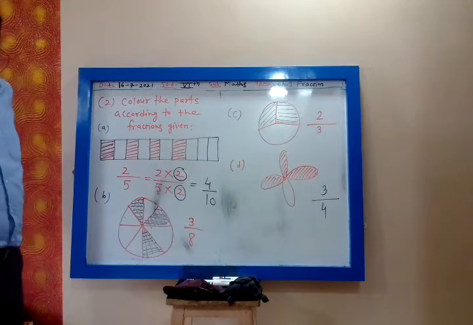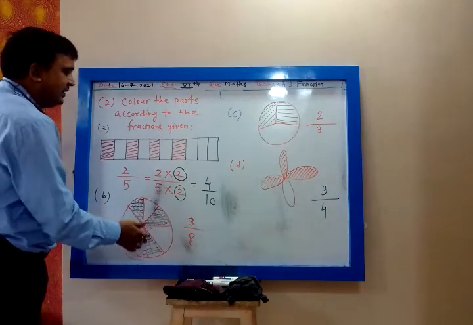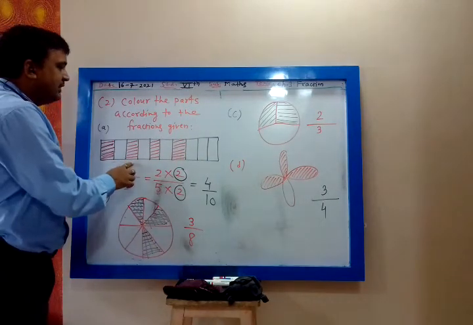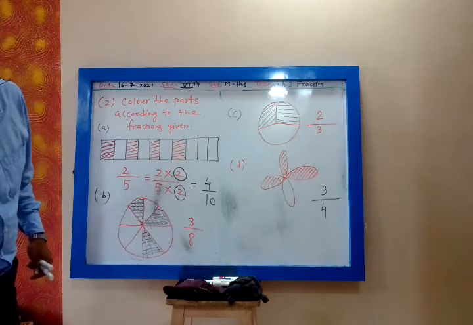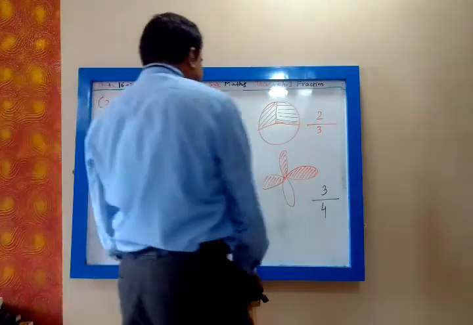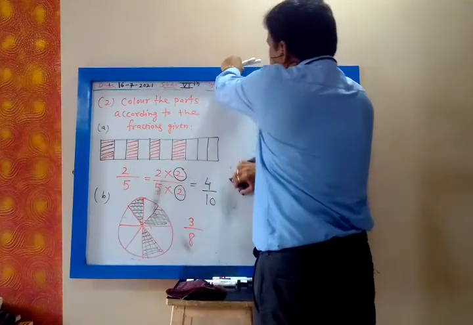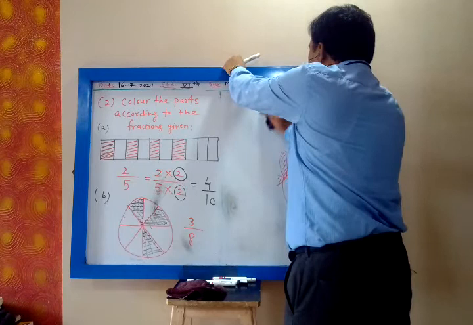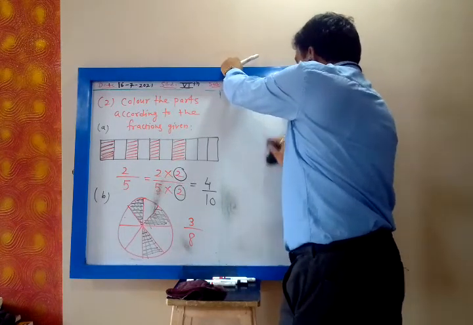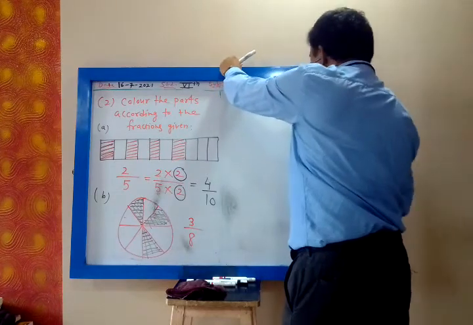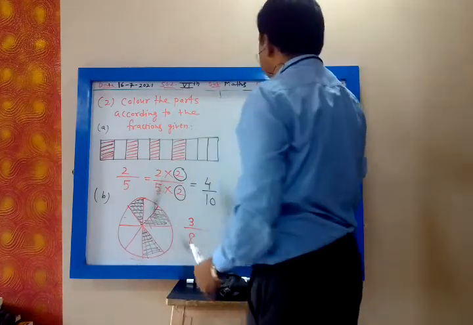Now we will not convert because it is already 8 parts. Earlier 10 parts were given, but in the question it was given 5 parts. So that 5 you have to convert into 10 parts by equivalent fraction. So multiply by an equal number in the numerator and denominator.